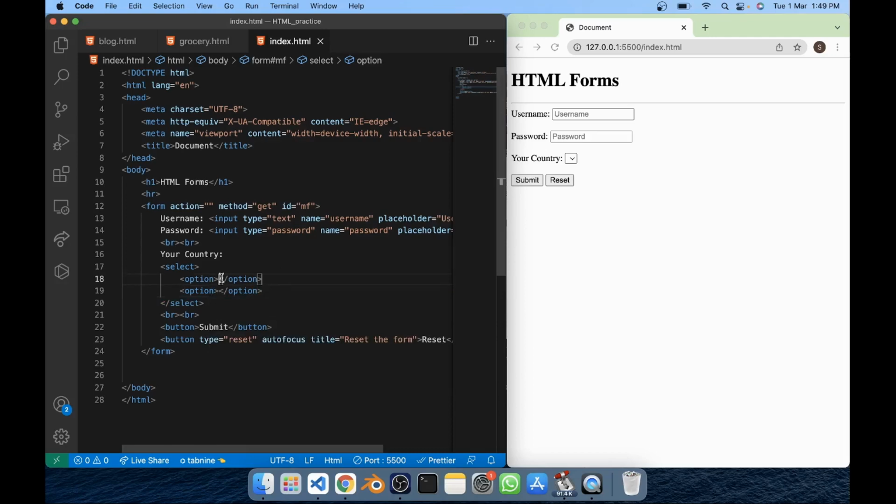like India and China. So you can see there is a drop down and there are two options, India and China. Now